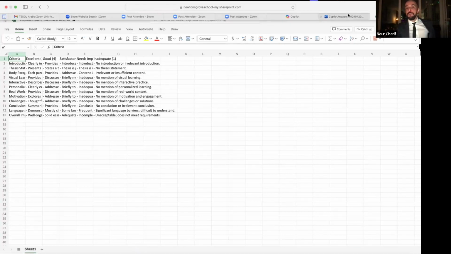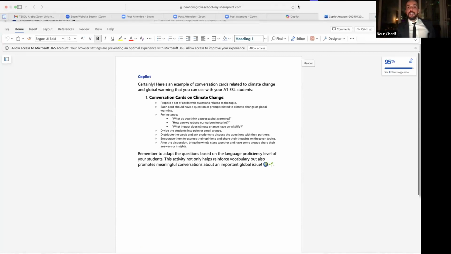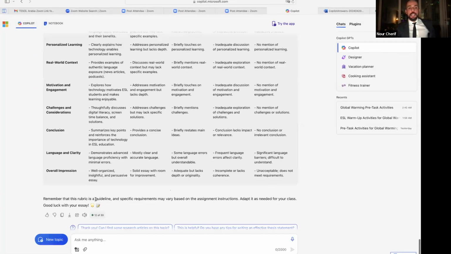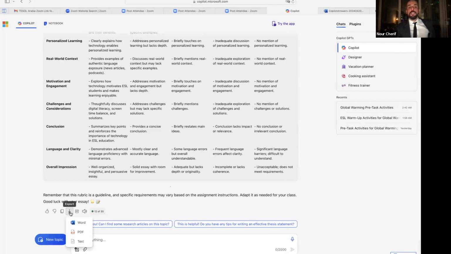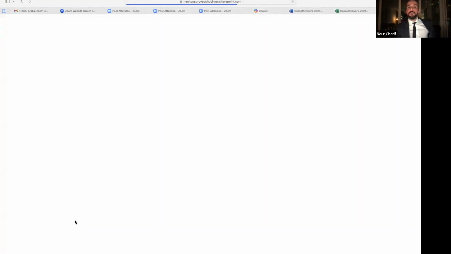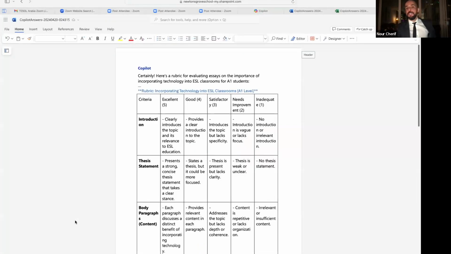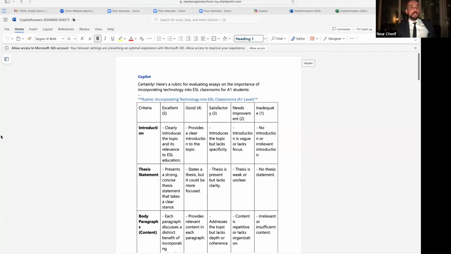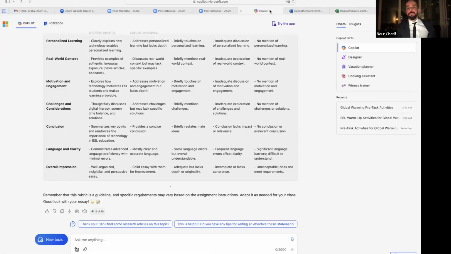Or what can I do? Again, I can go to my rubric here and then the results and export it as Word. And it's in there. Okay, so I can modify it, I can change it, I can do whatever I want with it. Okay, so now